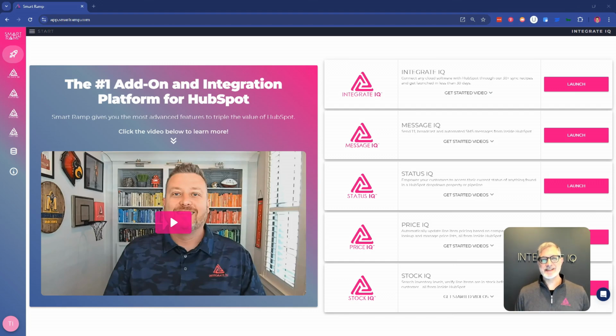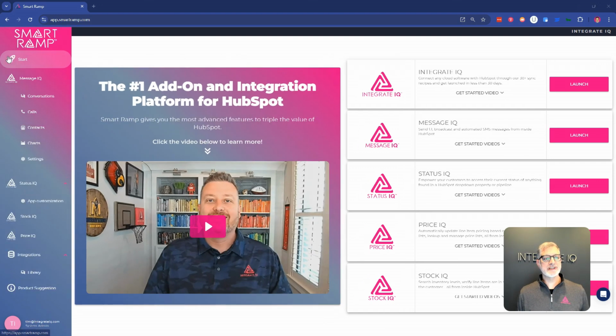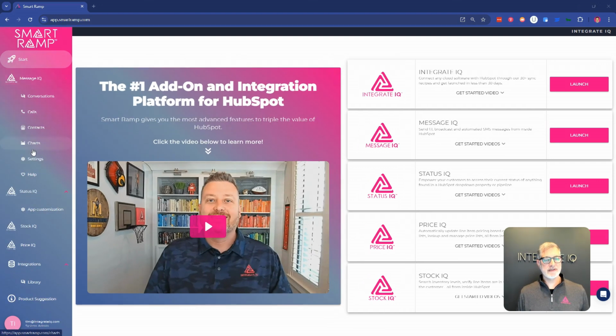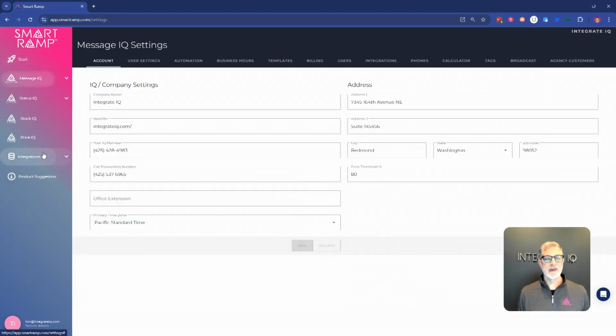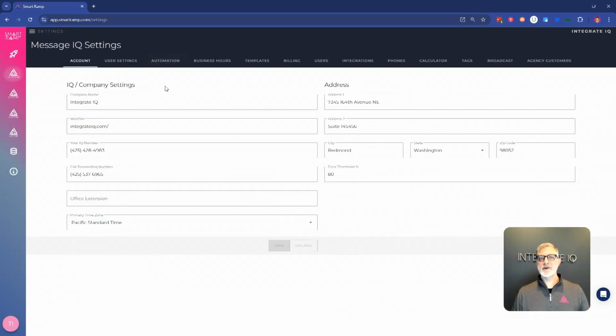You'll recognize this as the SmartRamp homepage. To begin to configure your Message IQ account, go to the left-hand nav under Message IQ to Settings. Once you click on Settings, the first thing you're going to come to is the Account Overview tab, and this